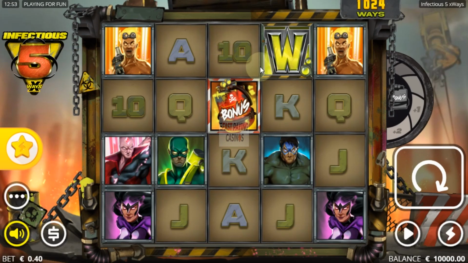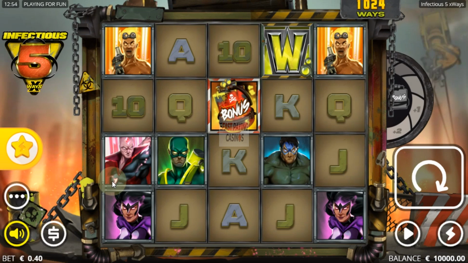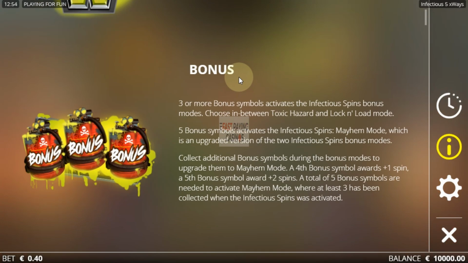1024 ways, there's 5 characters and I presume 5 card values too, and so you've got 10 symbols, 5 high, 5 low. We'll have a look at the pays. That's the stakes. It's 40 lines. You play 40p to spin or multiples thereof, and your pays are, there's your wild, appears on the middle reels,